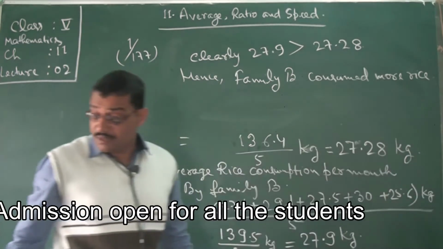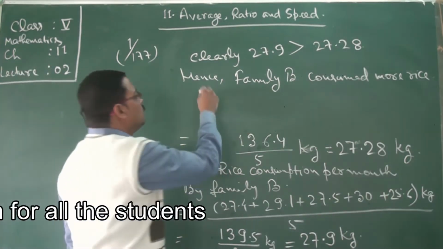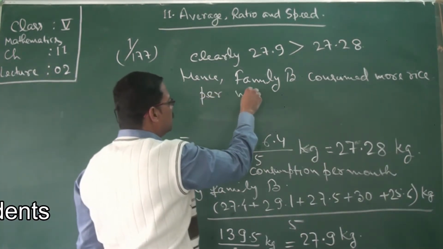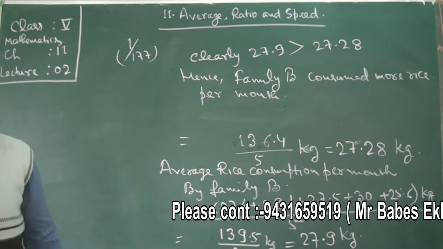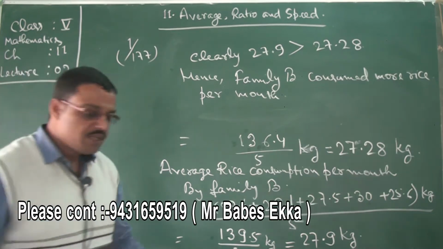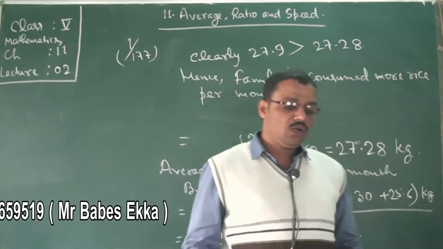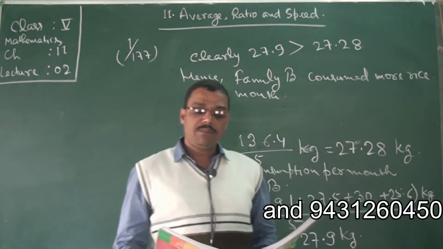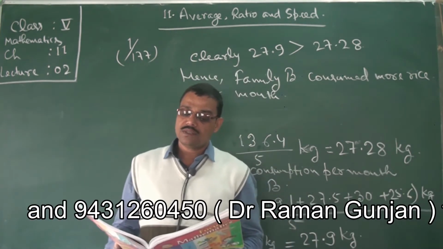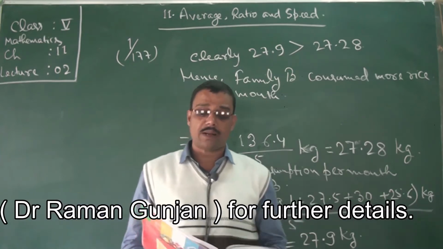More rice, if it is asked as per month, we can write per month. More rice per month. In this way you can solve the sums of this chapter. See, look at the two numbers sum first. There are 4 and 5 officers in 2 companies.